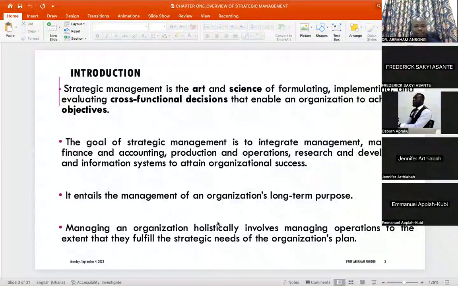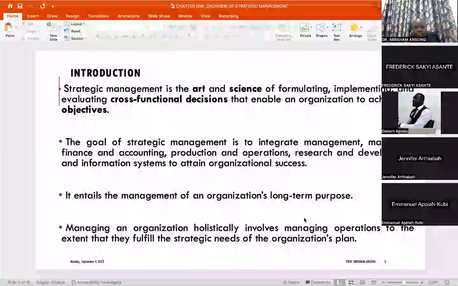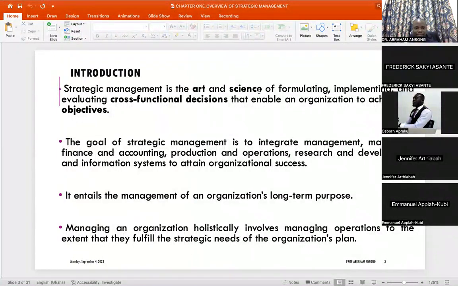What about the science? Science is something that is structured. It has a head and a tail, and it has to follow specific principles to achieve specific goals. Beautiful. So that is the whole idea. In strategic management, the manager is supposed to exhibit the attributes of art as well as science. The science aspect will give us the stages, the principles, the guidelines for strategic management. But in the course of following these principles, you need some level of personal creativity and flair for it to be successful.